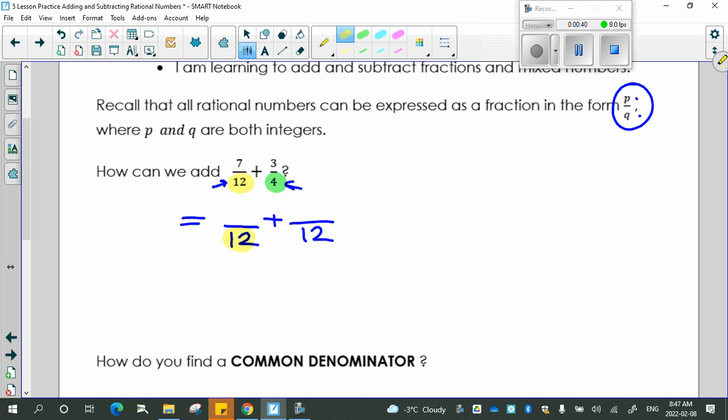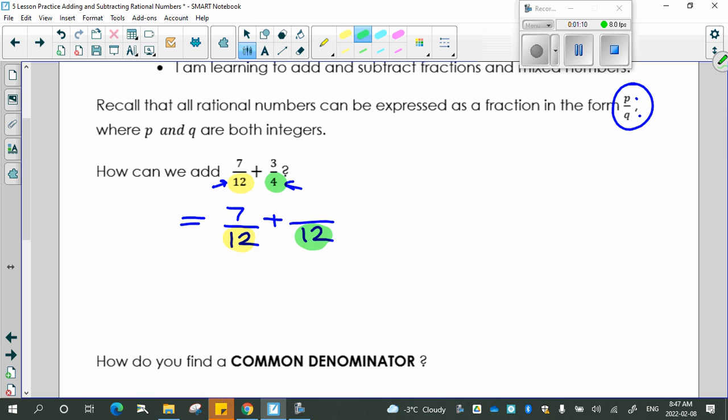Did the denominator change in the first fraction? No. So does the numerator change? No. Okay, so I'm just going to keep the 7 there. Does everyone understand that? The denominator doesn't change, the numerator doesn't change. Okay? In the second fraction,